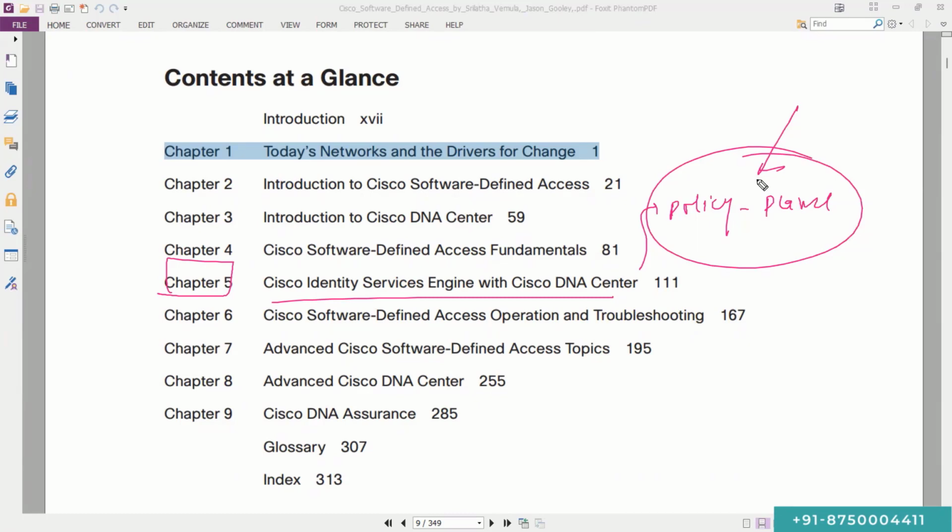So when any user tries to log into the switch, the request will be sent to ICE first. Same process: authenticator, authentication server, and everything. The same thing that you might have studied in your security track. The same process will happen, and ICE will authenticate that user based on the credentials. Either that user will be allowed to SSH or it will be denied. Okay, but we will do that. Don't worry about that. ICE is also one of the components needed for this